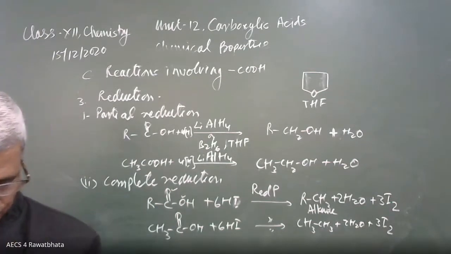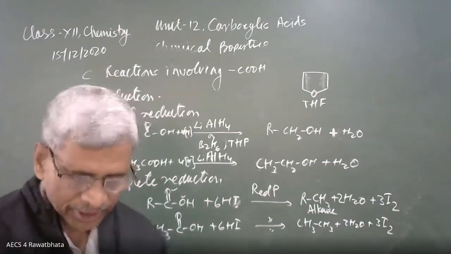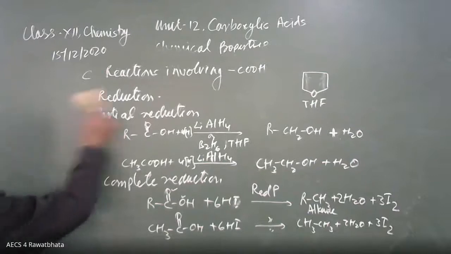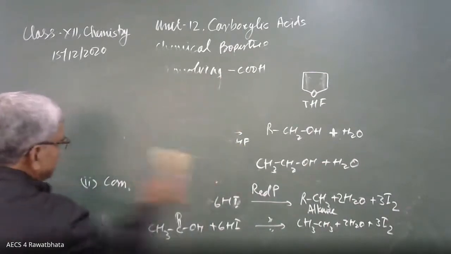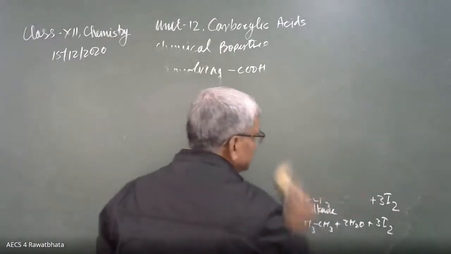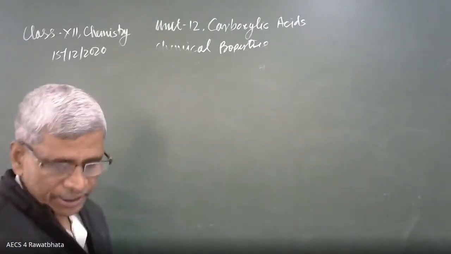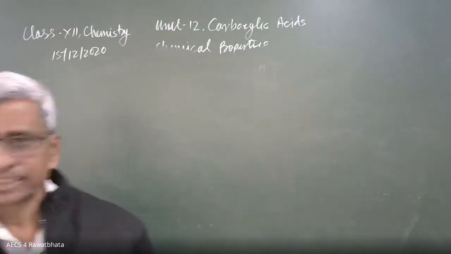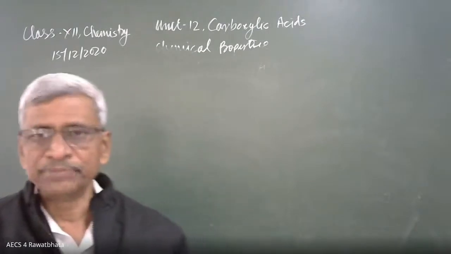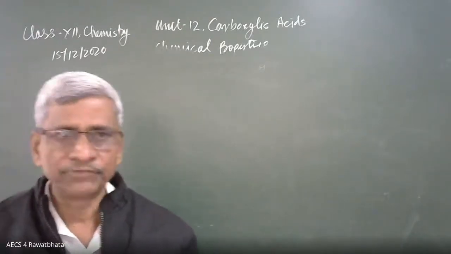Okay, and the final reaction, the last reaction, is where the alkyl group and aryl group participate in the reaction. That is the D type of reaction. So while studying the properties, first we should clarify which type of reaction this is, A, B, C, D. This helps us a lot. A means only this part of the compound is going to be involved. B means this part is going to be involved. That is one way of classification. In this way, we have to classify while studying.